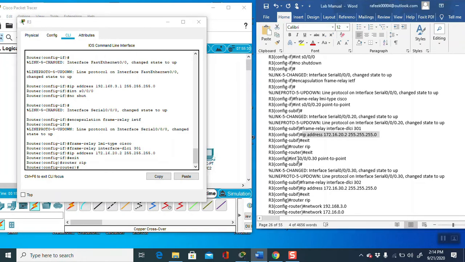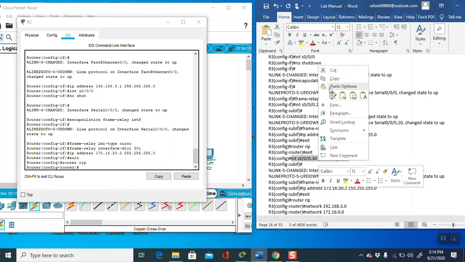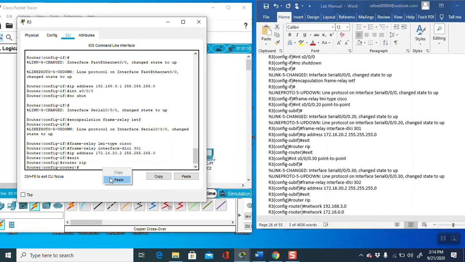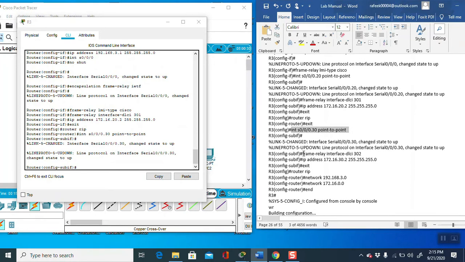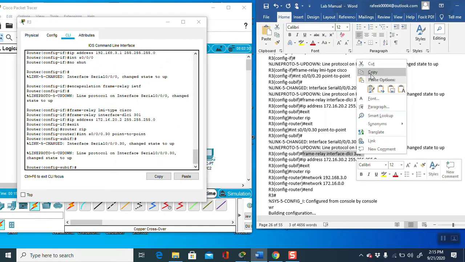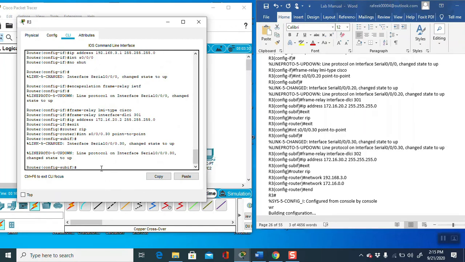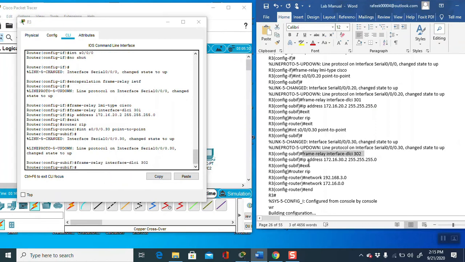Again copy this command, DLCI 3, then the IP address of this.